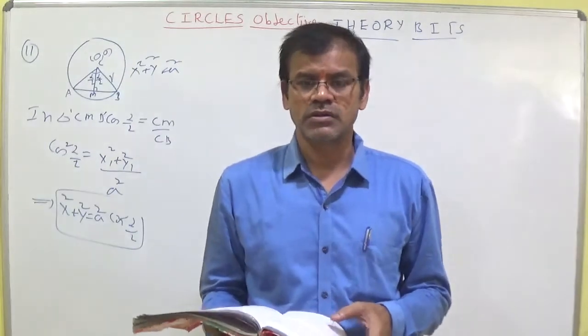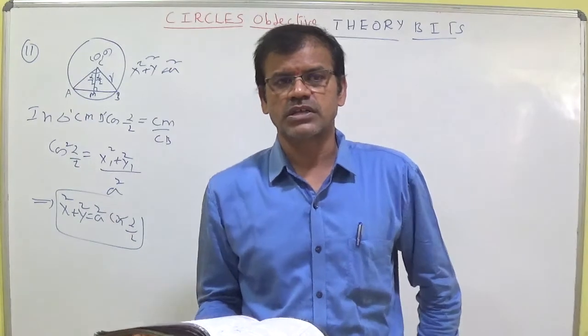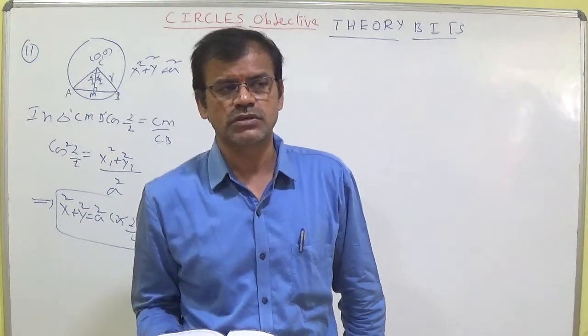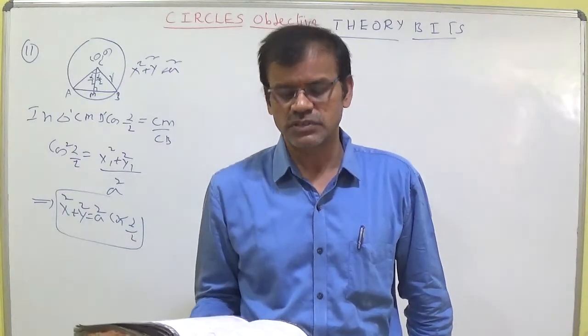Next, the 13th question, also in the formula manner, I said the equation of the tangent at theta of the circle x square plus y square plus 2gx plus 2fy plus c equal to 0 is (x plus g) cos theta plus (y plus f) sin theta is equal to r, which is the first option here.